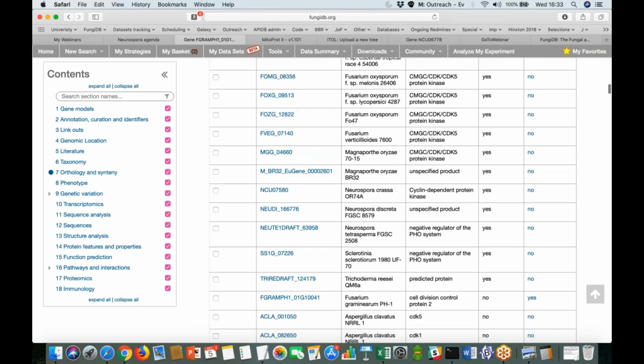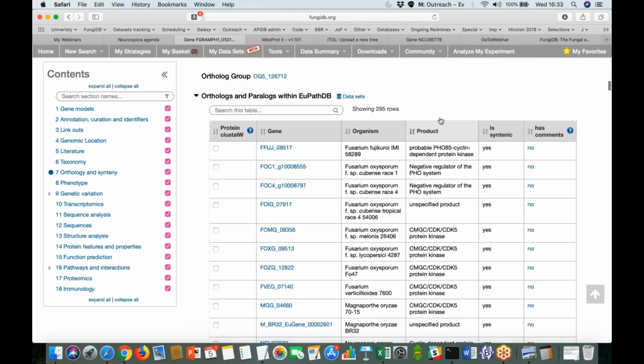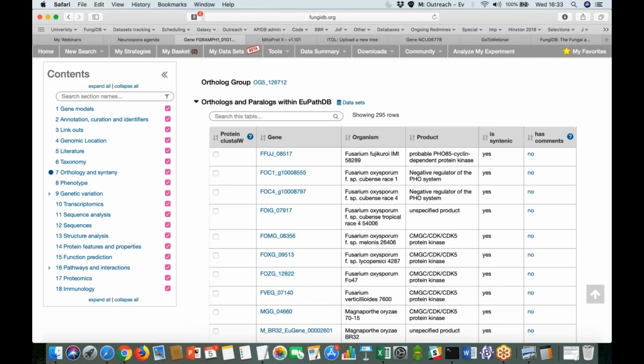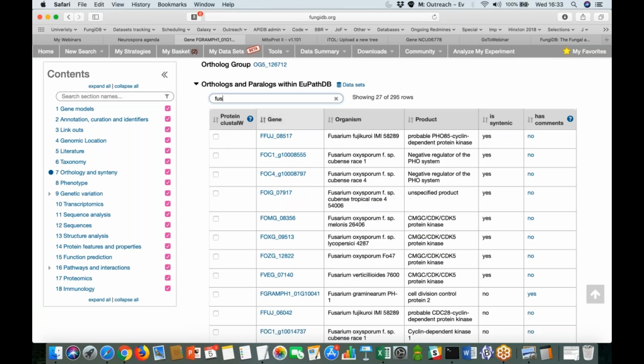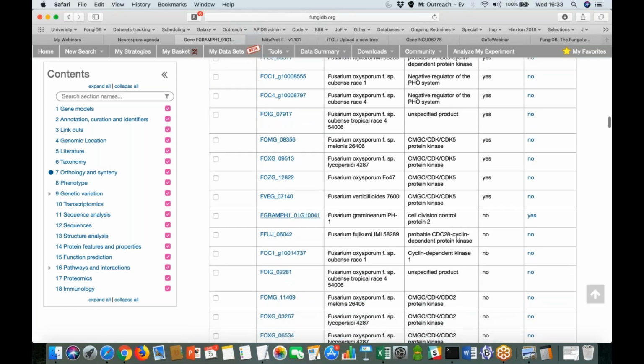So what you can do is either select all of them if you want to use the sequences for the alignment, or you can select only a particular subgroup of species. For example, we are currently in the Fusarium graminearum genome, and let's say I would be interested in taking all other Fusarium species, so I will go ahead and create a search